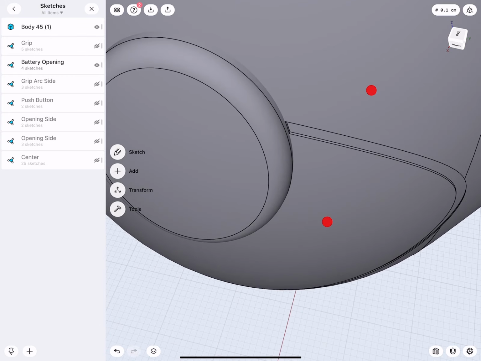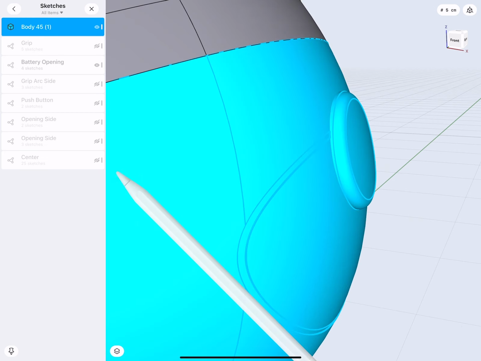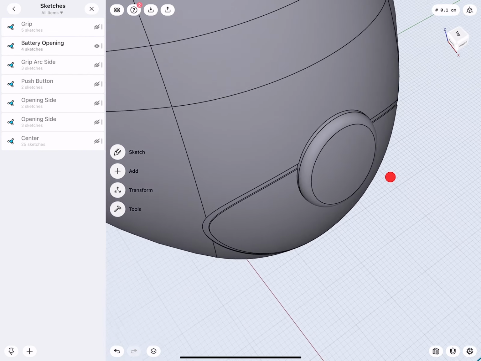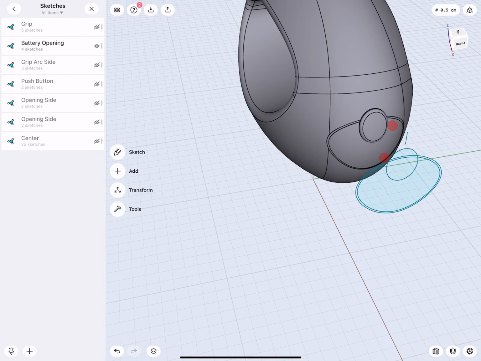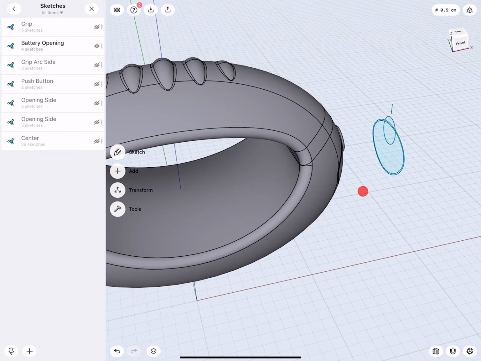And it's up to us now to decide, do we want to fuse this onto it? This was kind of like our intent. Okay, let's select both, make a union. So it's one body. There we are. So you see, instead of slicing the surface and then taking the elements and extruding them out or in, we simply created geometry, folded them over the surface, and then used them to cut in or build up a surface.